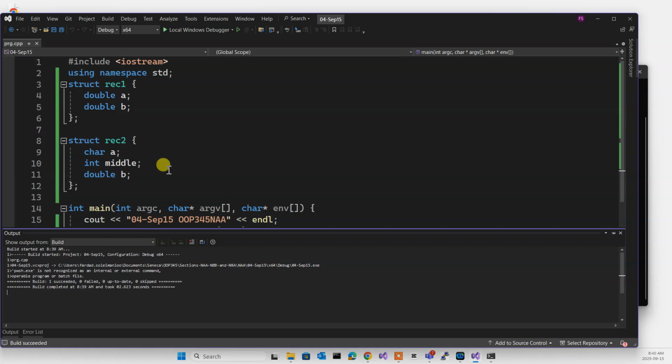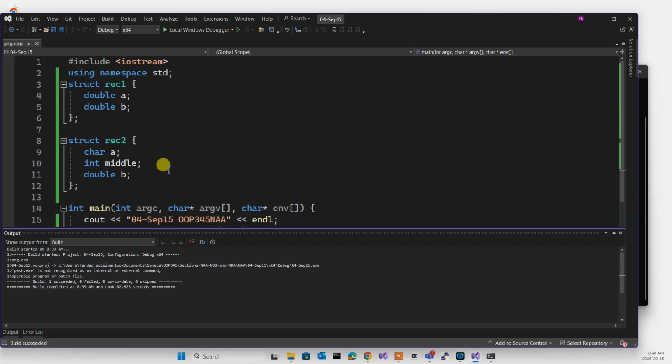Whenever you are creating a structure, make sure you sort it in a descending order. Put the biggest one at the beginning and then go smaller. That makes your structure the least size possible. It reduces the number of gaps. That's number one. Number two,